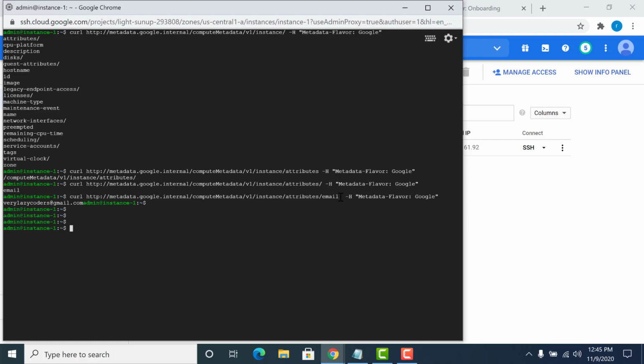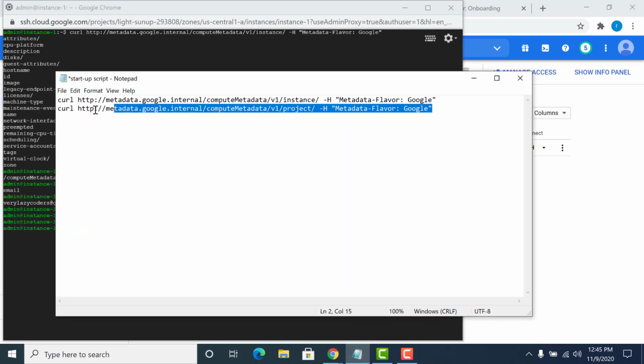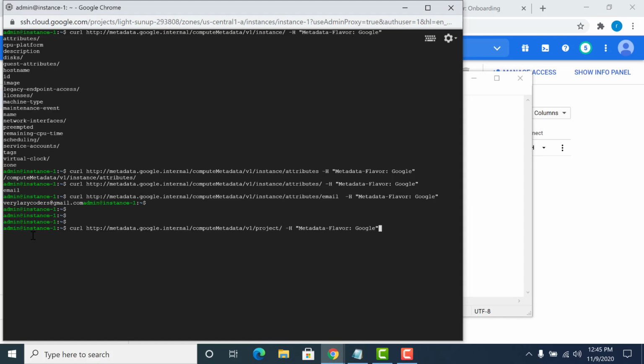Similarly, if I want to access the project metadata, I need to use another URL. It's basically the same. The only difference is that this is an instance and this is a project. I copy this and paste. Just like the instance metadata, the project metadata information that we need, the custom one, would be within this output.